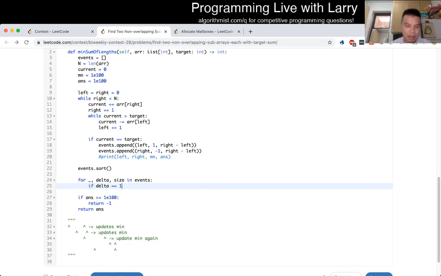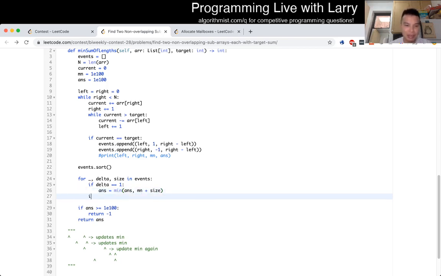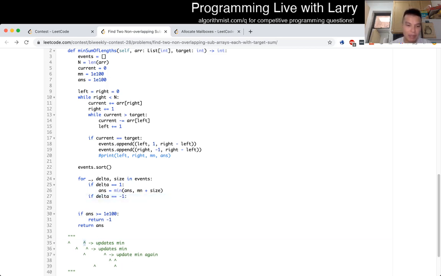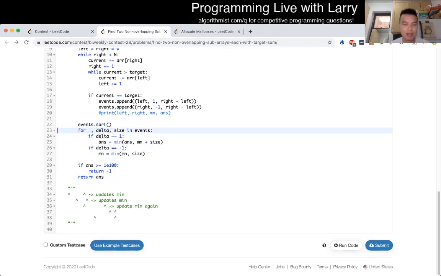+1, which is the beginning of a segment, well, what do we do when we enter a new segment? When we enter a new segment, we go, okay, let's take ends is equal to min of ends, the current previous min plus the size. And then if delta is equal to -1, well, then we get to update the min. And that should be good enough, and this is n log n versus O of n, it would have